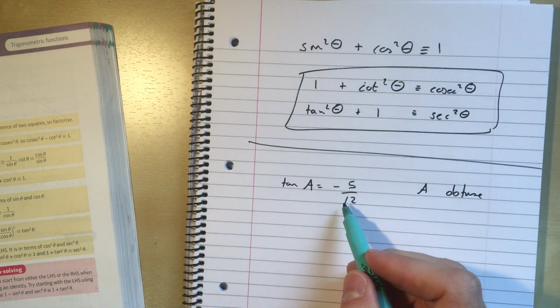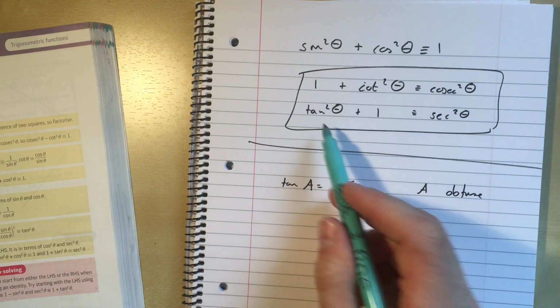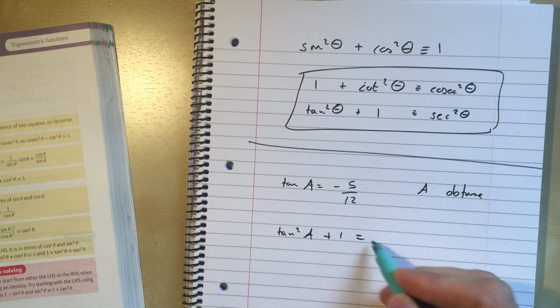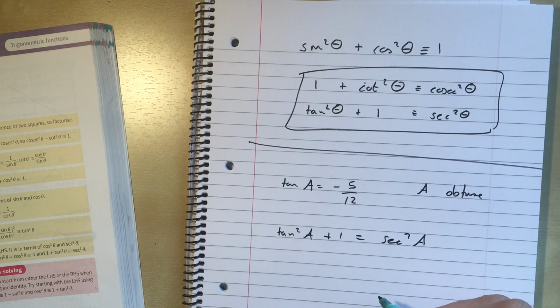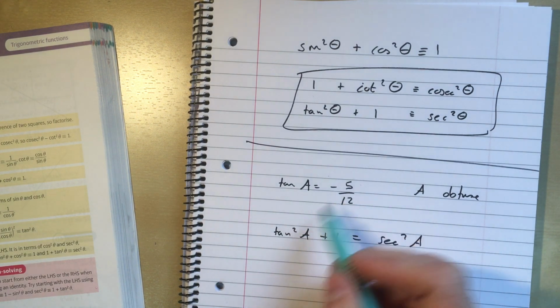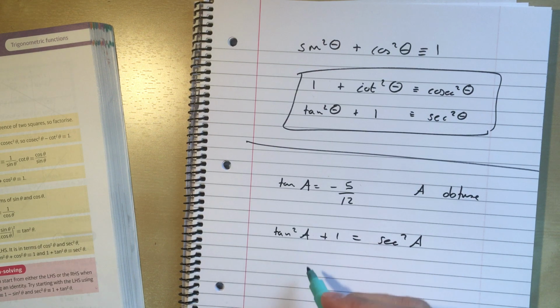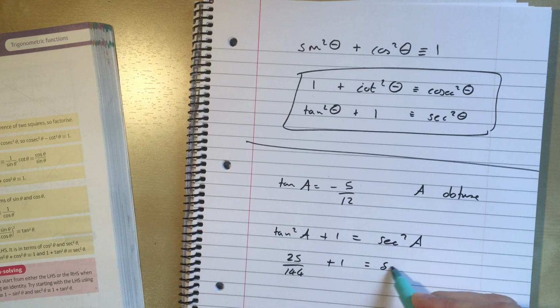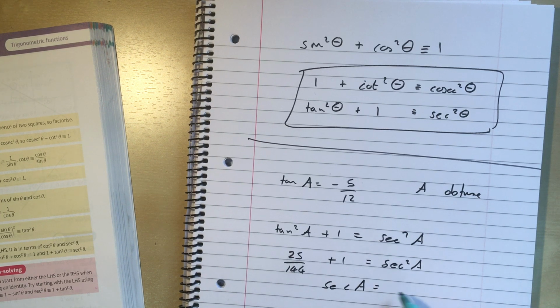So if tan A equals minus 5/12 and I want to find sec A, well, I know that tan squared is linked to sec squared. So I need tan squared A plus 1 equals sec squared A. If I plug in tan A, minus 5/12, and I square it, then I get 25 over 144 plus 1 equals sec squared A. So that gives me that sec A is plus or minus the square root of the answer to this sum. So that is plus or minus the square root of 169 over 144,